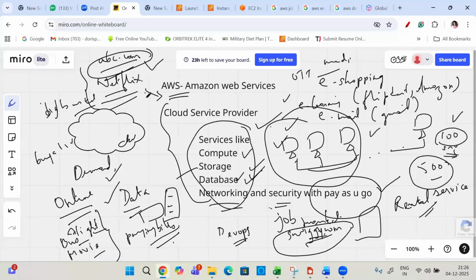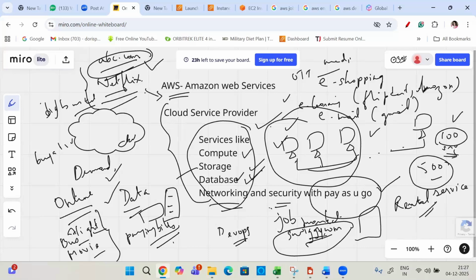We have food delivery apps like Swiggy, Zomato, then grocery, Big Basket, Zepto, Blinkit. Most of the services have gone online. And any startups, if they want to start a company, immediately go global using a cloud service provider.